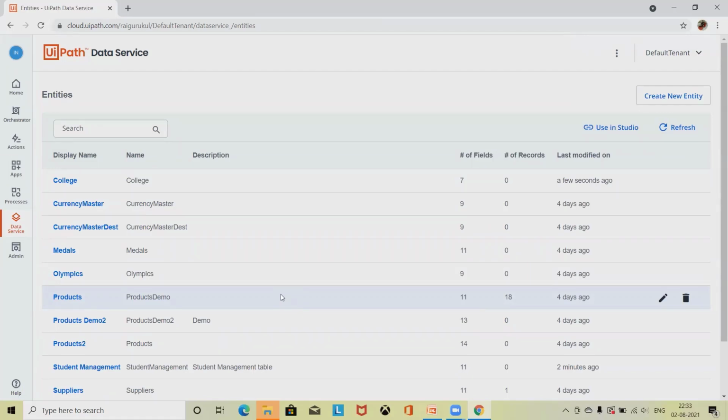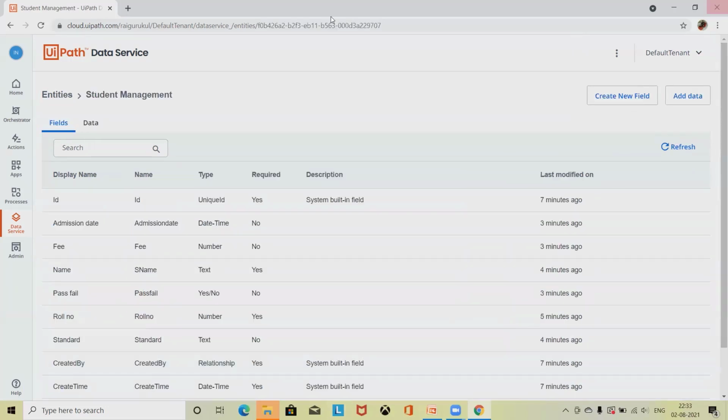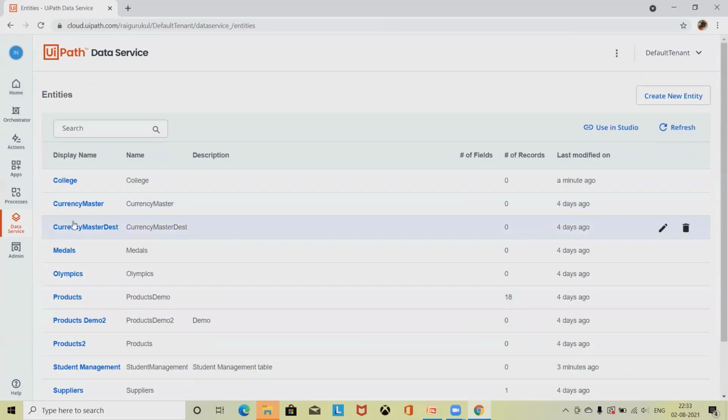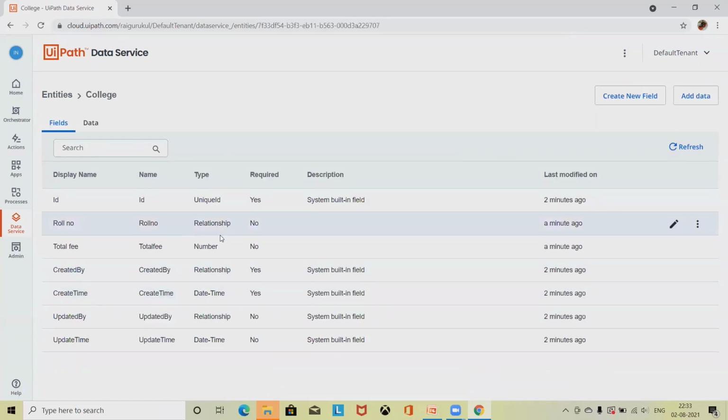A very important part, when we are adding a relationship, both the components should be available in both tables. Just like if I'm creating a table for the student and I want to map it with the college, then the relation should be there. And when we are creating, make sure to check the value. If I'm adding roll number as a mandatory field, the same component should be available inside the college as well. Otherwise, it will not work. So here I've selected no. I did not select yes.